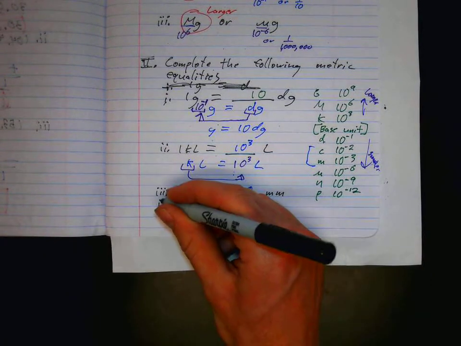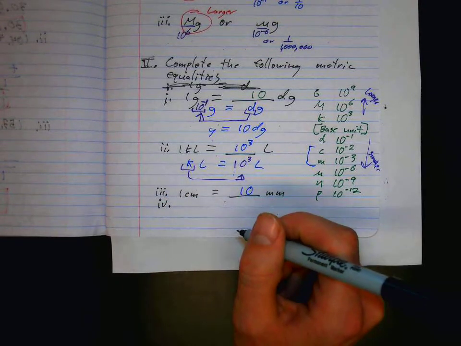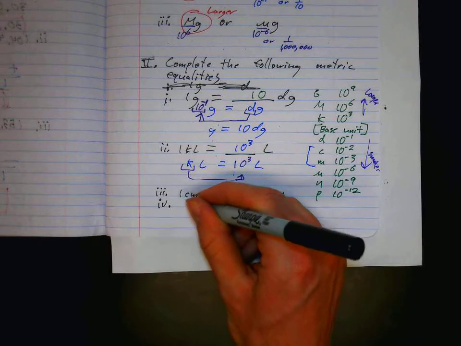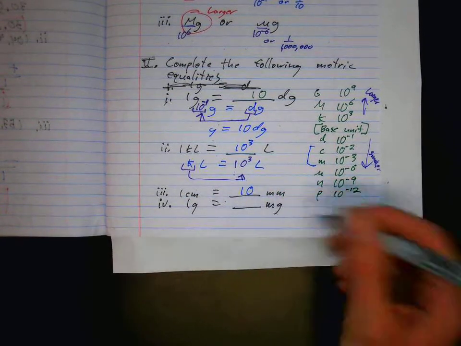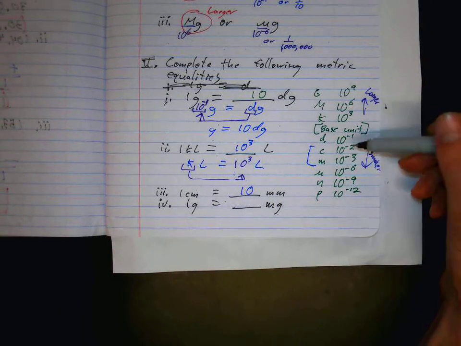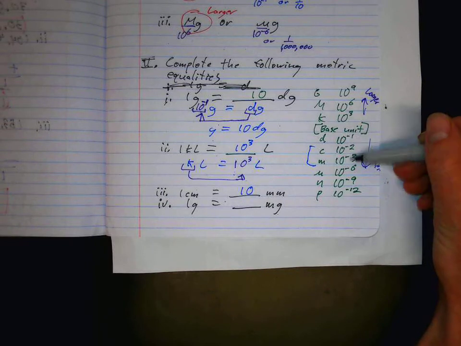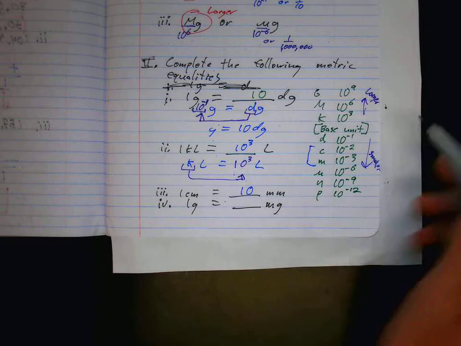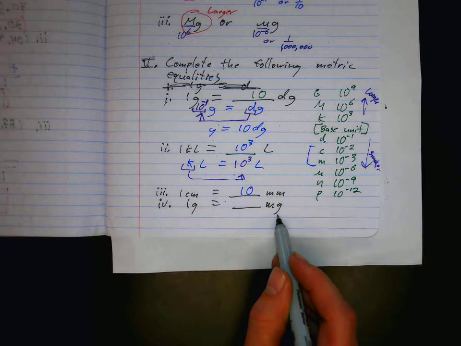Number 4. 1 gram equals how many milligrams? So in this case, if we just work that out in our heads, we can see millis here. Here's gram. Gram is the base unit, of course. The factor difference is 10 to the negative third. Which one is larger? Well, the gram is larger, therefore we need a whole bunch of milligrams to equal the